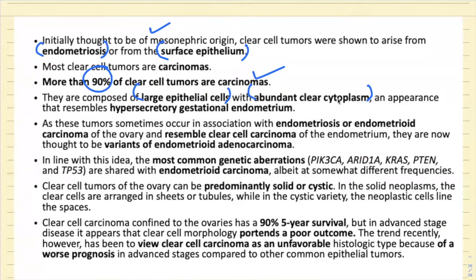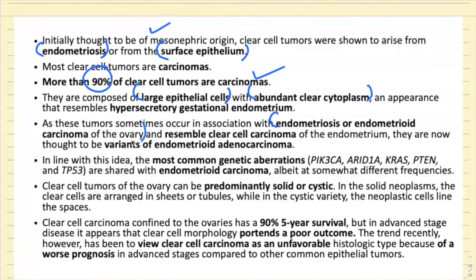And as the name suggests, these are very large epithelial cells having an abundant amount of clear cytoplasm. This is an appearance which is very much like the hypersecretory gestational endometrium. Now, also remember, these tumors can occur sometimes in association with endometriosis or endometrioid carcinoma of the ovary. Very, very important. So these can occur sometimes in association with endometriosis or endometrioid carcinoma of the ovary,